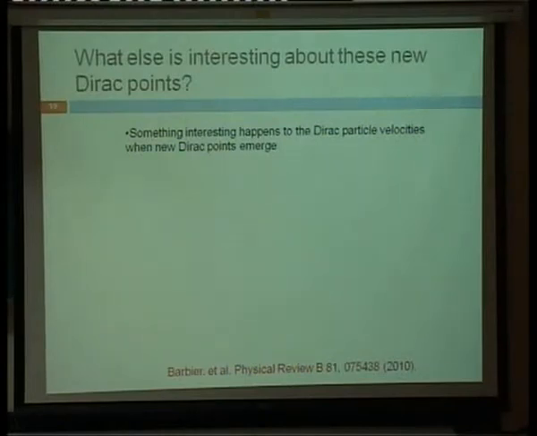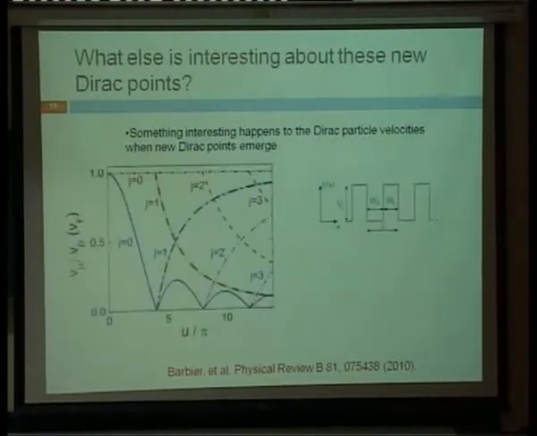As I said, besides the fact that you can tune the band structure, the exciting physics is that if you look at the velocities around these additional Dirac peaks, crazy things happen to velocities in these superlattices. They get renormalized, the Dirac cones become squished, but what is neat is that at each of these additional periods of 4 pi, there is near complete collimation for the electrons traveling through the system. So Vx is in red, and Vy, which is parallel to the barriers, is in blue. So Vy basically goes to 0